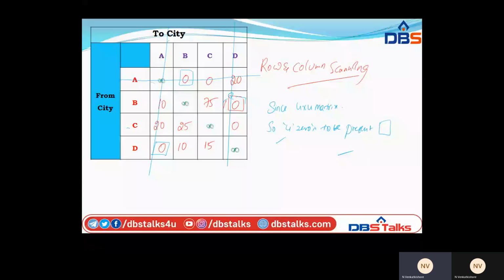But here, how many zeros are presented? If you see, 1, 2, 3. No zero is presented in the other boxes.